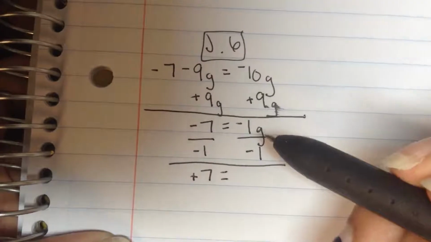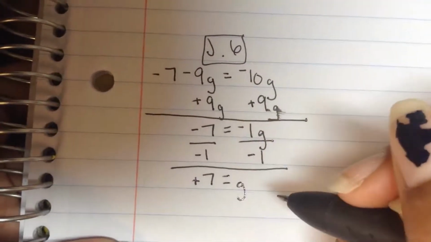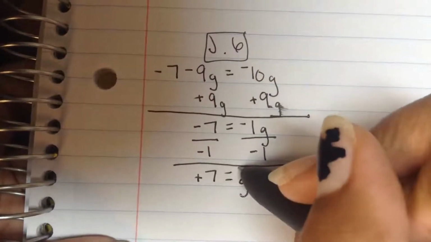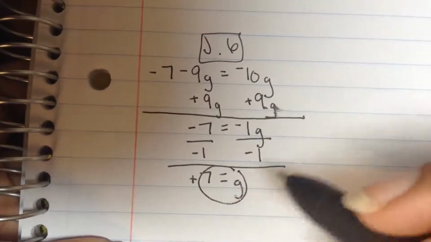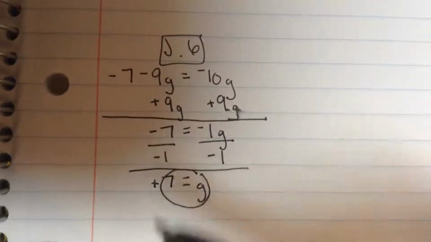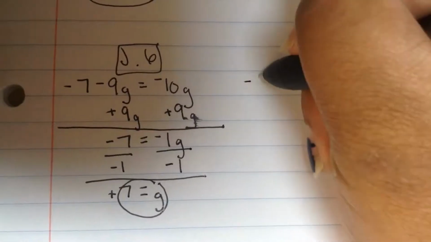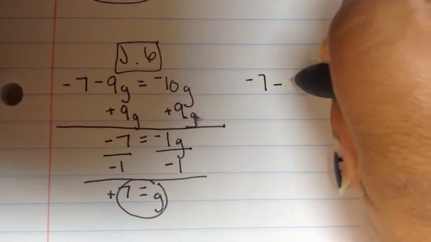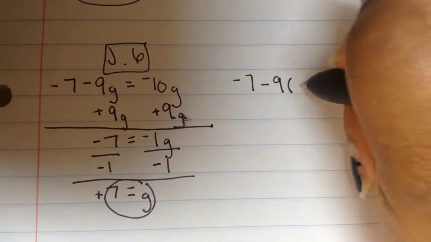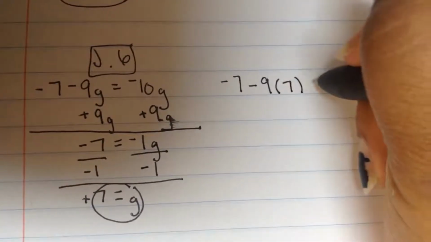So now, since we divided the -1 from the g, g stands alone, like the little loner it is. So 7 equals g is the answer that we got. Now, to check it, you just plug that 7 back into the problem. So you have -7 minus 9, and then you put parentheses where the variable was and put the value that you got in there. So it's -9 times 7 equals